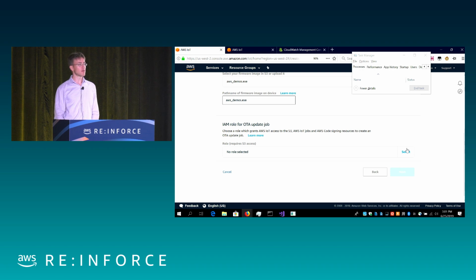I need to select a role for the OTA Job Manager to assume on my behalf. There are several operations that happen asynchronously once the job has been created, including, for example, reading that firmware image out of S3, using the private key that I have in AWS Crypto and AWS Signer on my behalf in order to sign that firmware image, writing that signed firmware image back to S3, creating an MQTT stream out of that firmware image,